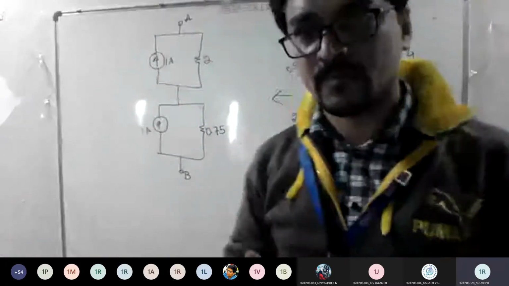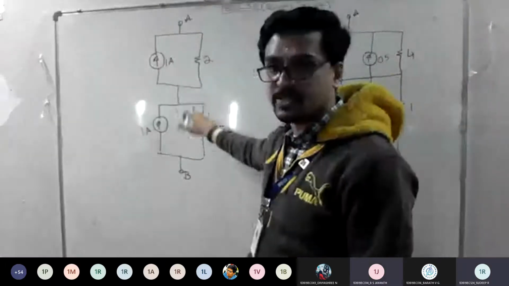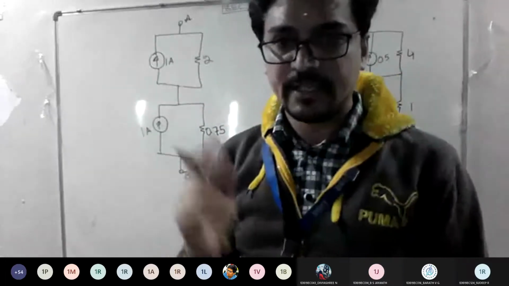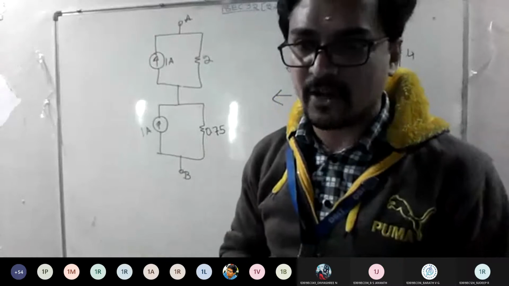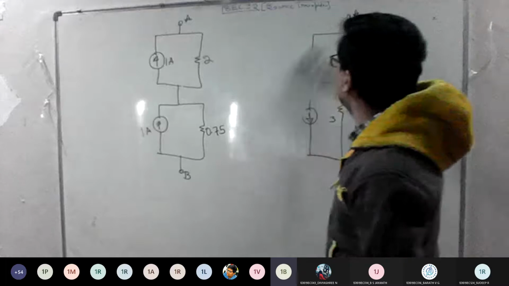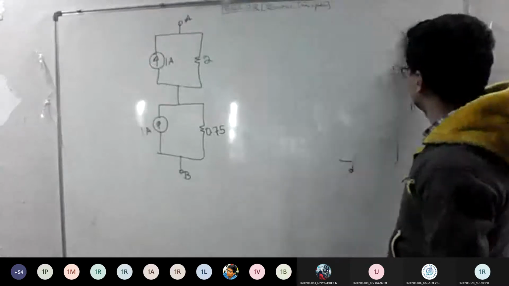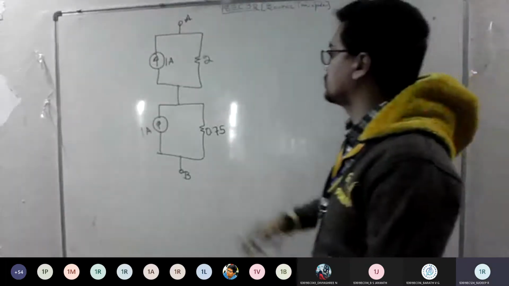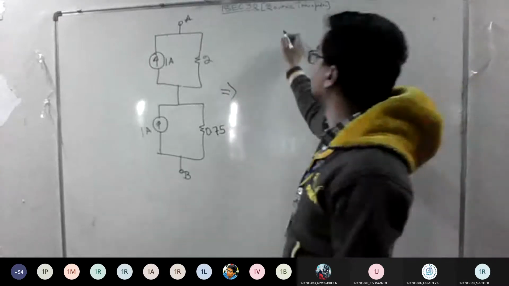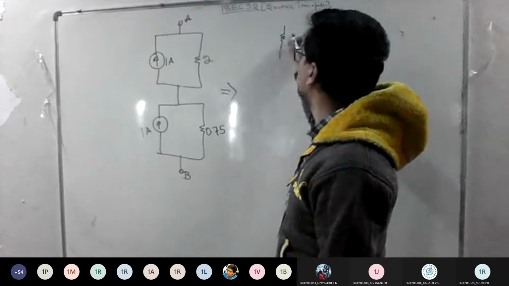Convert it to a voltage source. So do source transformation: convert the practical current source in series to a voltage source. If voltages are in series, can we add or not? Yes, sir. We can add. Good. So proceed now. Convert this to a single voltage source and that should be practical. So 2 volt, 2 ohm will be there.